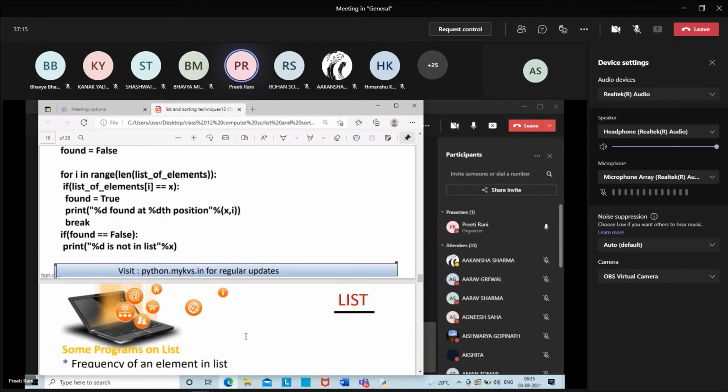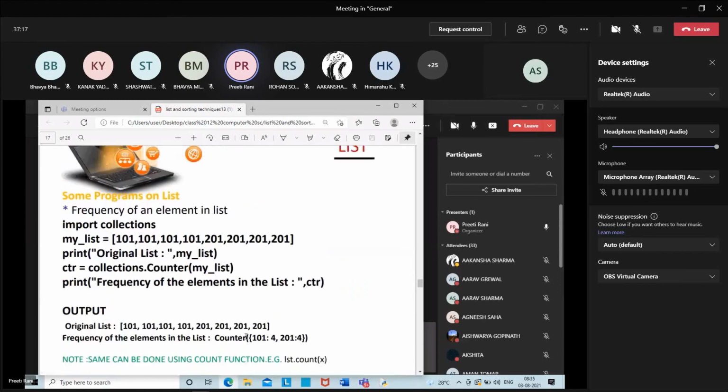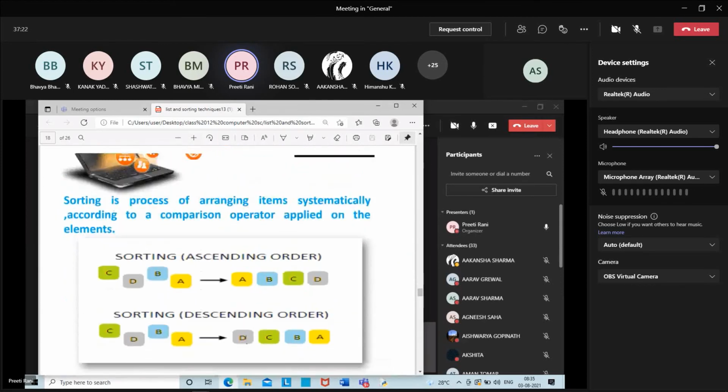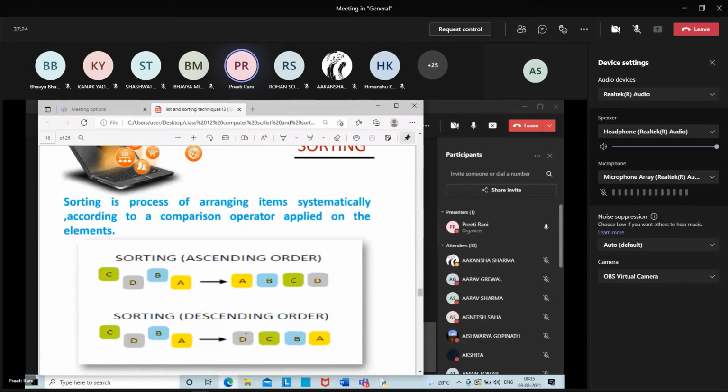Got it? Now another example is sorting. Sorting is the process of arranging items systematically according to a comparison operator applied on the elements.